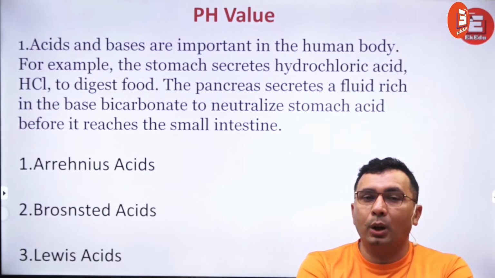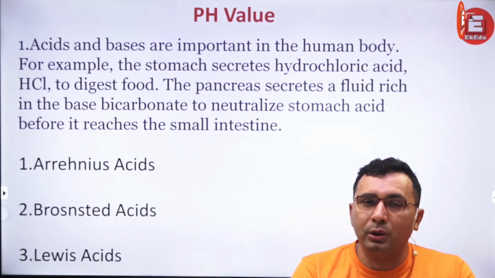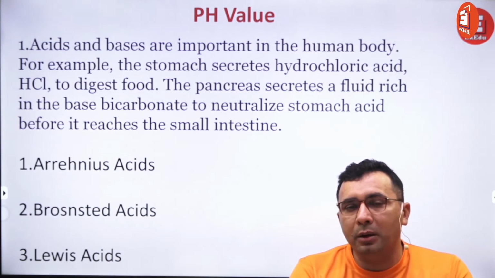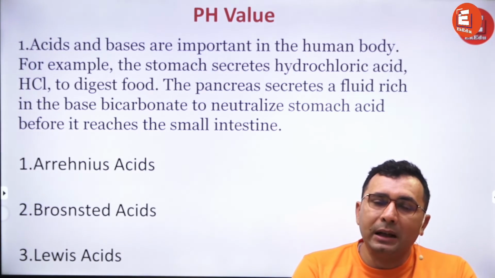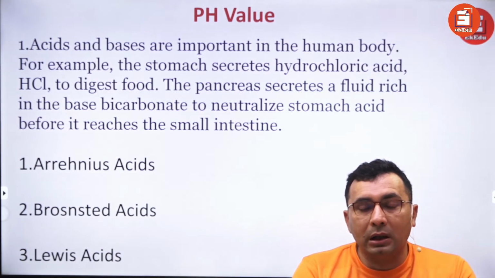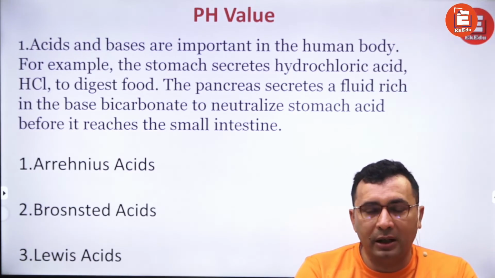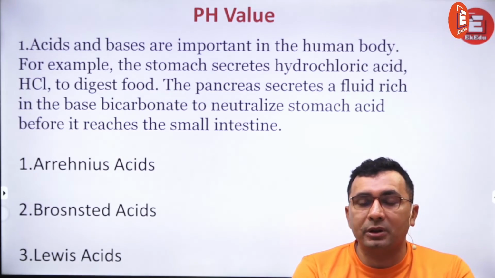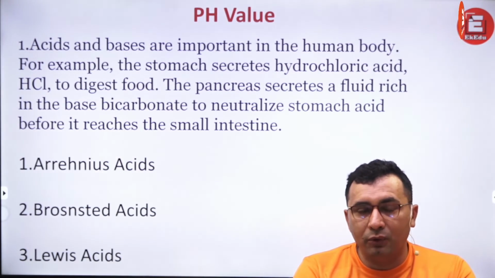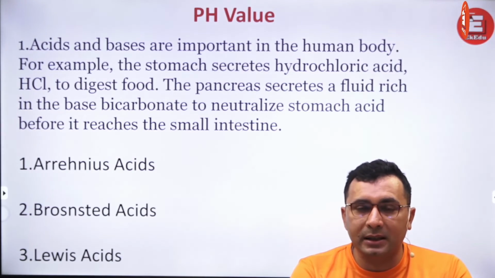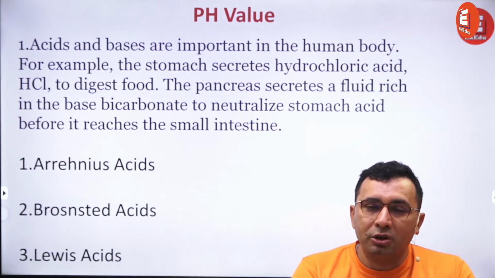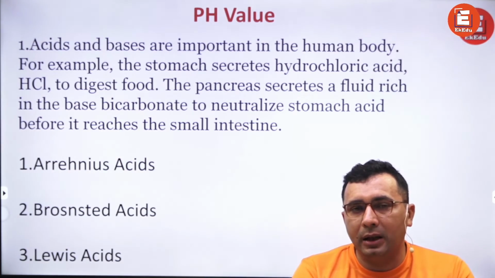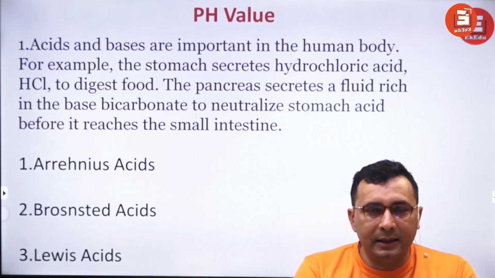Now the third one is Lewis, for substances which are not covered by Arrhenius and Bronsted. They were defined by Lewis. The Lewis definition depends upon electron releasing and electron accepting tendency. The substance which has tendency to accept electrons, meaning the substance which is electron deficient, is called a Lewis acid. For example, group 13 element salts like BF3, AlCl3, these are Lewis acids.